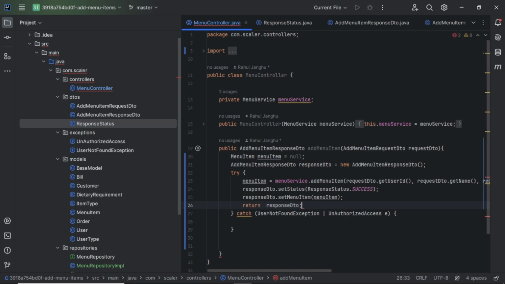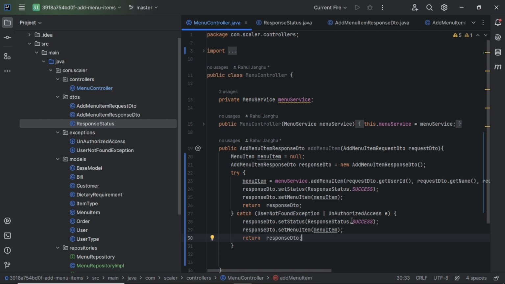Okay, so now we have created a success type. Now we have to create the failure, because if an error comes in the catch block, we again do the same thing. What will we do? We will copy all this code and put it here, and in the response DTO set status we will keep response status dot failure.